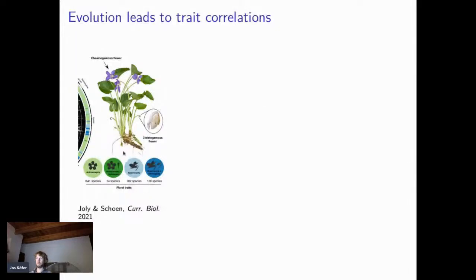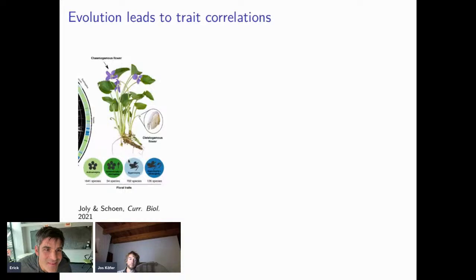Because zygomorphy is associated to better pollinator efficacy. So the pollinators go to the flower, the anthers drop pollen on a specific part of the pollinator body, and then the pollinator goes to another flower, preferably from another plant, and then the pistil is designed so it can pick up the pollen exactly on the place where the other flower left it. So it increases pollinator efficiency.